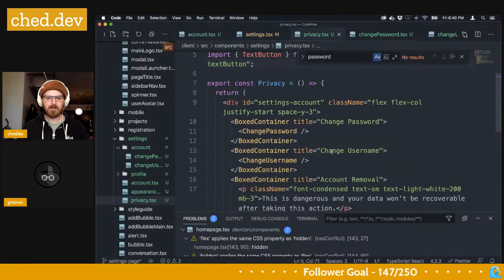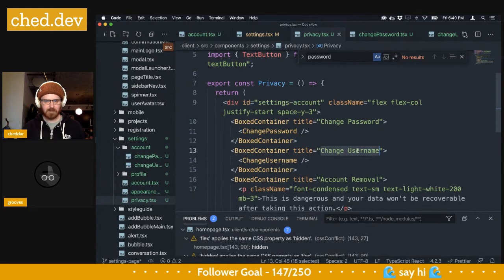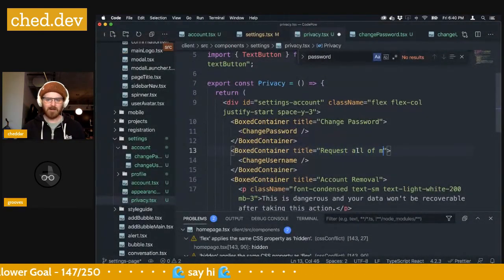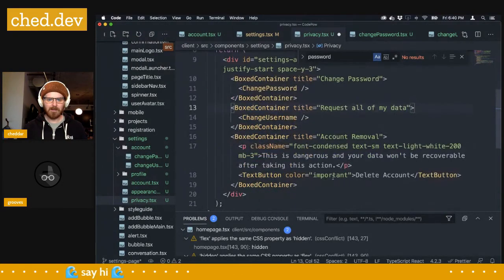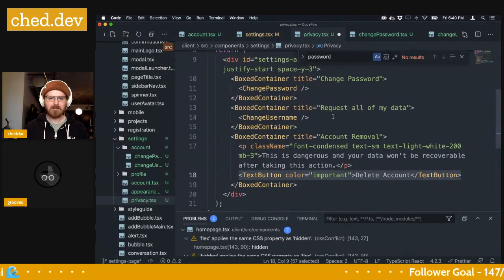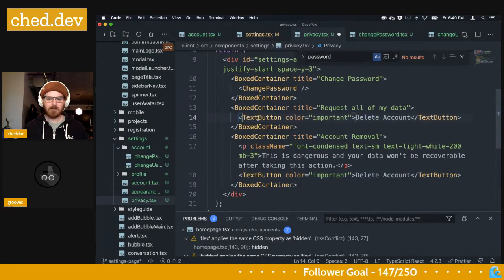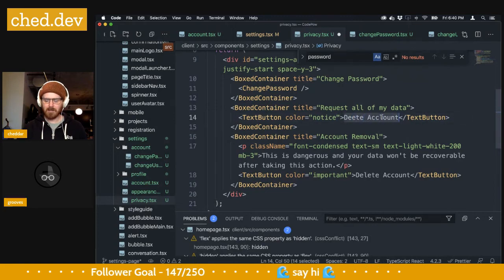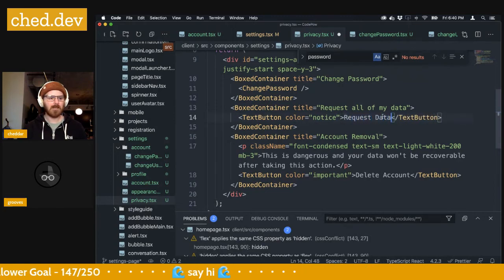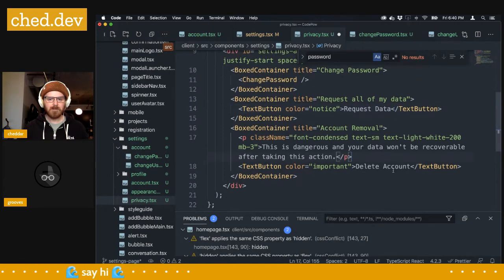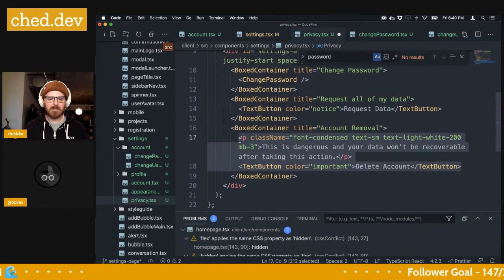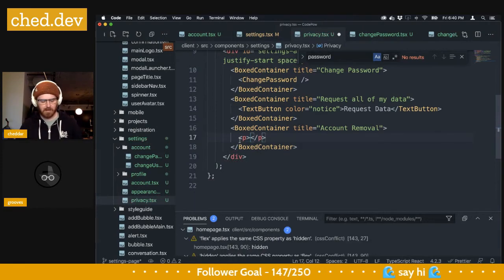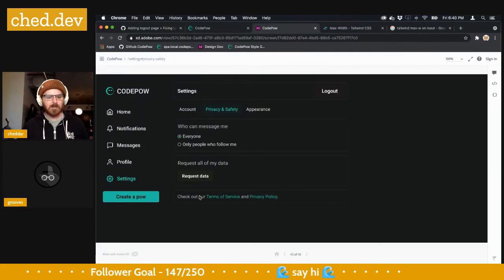Is this the privacy? Yes. What was it called? Request all of my data. And this one's going to be on the button of notice. And I think it was request data. And this final one's just going to be plain text. And it says, check out our terms of service